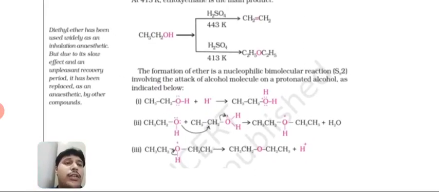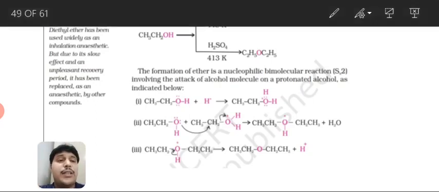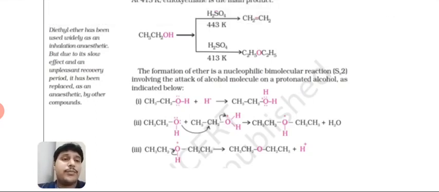So student, in this first step protonation takes place, that is the addition of H+ to ethanol, right? So this protonated alcohol is formed, and now the second step is very important. See the first step carefully, because if your first step is clear, then the second and third steps are very easy. So you can see, very simple, we just add H+ to ethanol. Now it's the protonated alcohol.